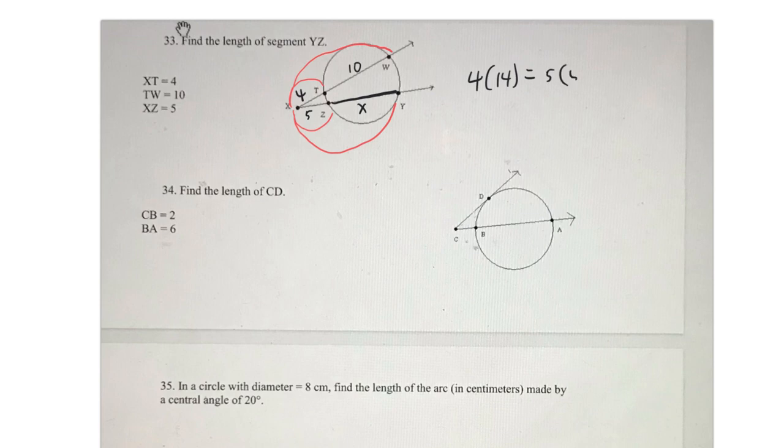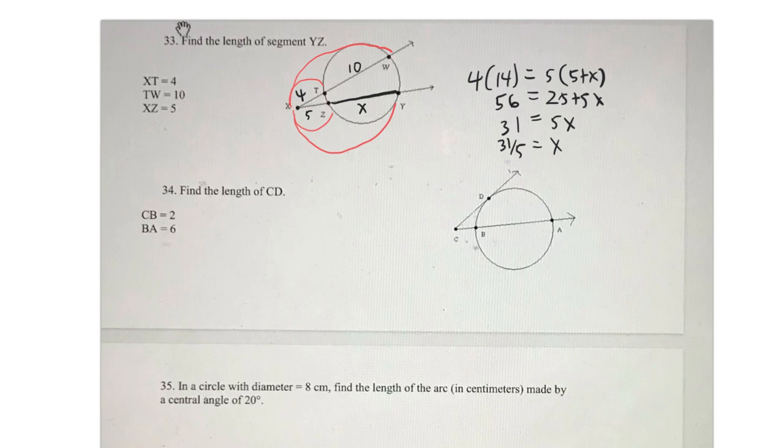So it's going to be 5 times 5 plus x. Distributing, 25 plus 5x. 4 times 14 is 56. Subtracting 25 from both sides would give us 31, and then x would therefore equal 31 over 5,